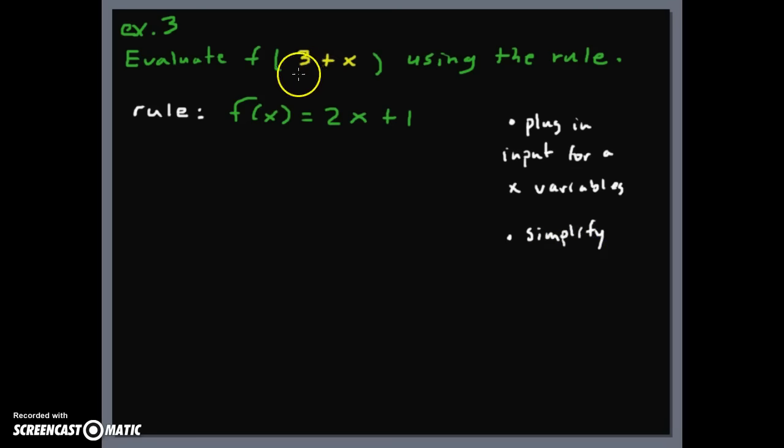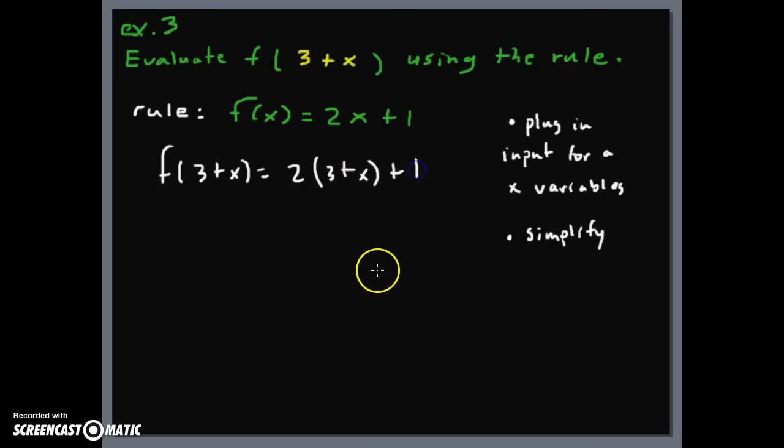So the first step is we're going to put in this 3 plus x for all the x's that we see. In this one there's only one, so we can say that f of 3 plus x equals 2, now I'm putting in 3 plus x for this x right here, plus 1. Now we can go ahead and simplify. Multiplication comes before addition in order of operations, so we can go ahead and multiply, specifically distribute this. So we've got f, and I'm not going to write the f yet. This equals 2 times 3 is 6, 2 times x is 2x,